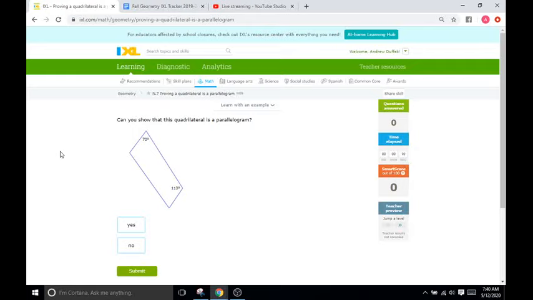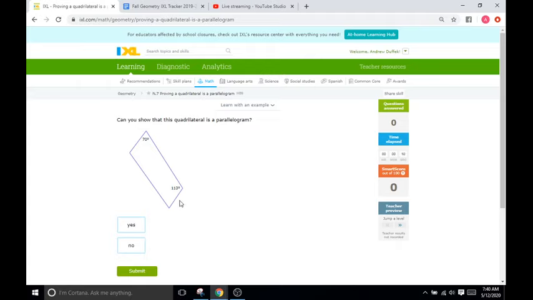This is Mr. Duffick, and today we are doing IXL N7, which is proving a quadrilateral is a parallelogram. This is a nice continuation from N6, which has you dealing with a little bit more concept than actual practice when it comes to what the angles are supposed to add up to for parallelograms. What's going to carry you most of the way through this IXL is knowing that our parallelograms